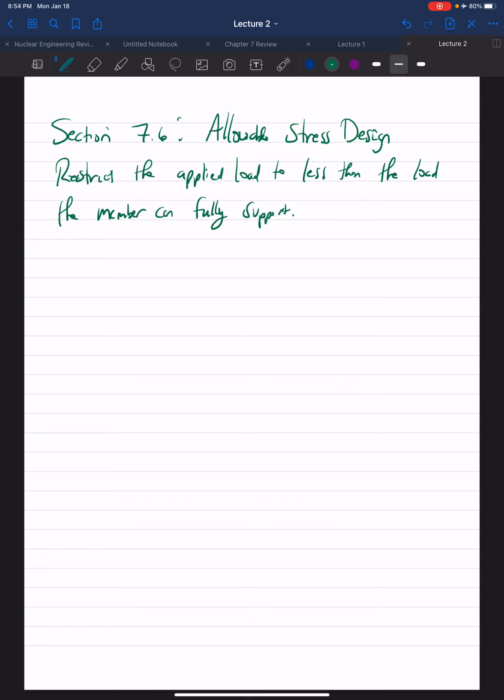And there are many reasons for doing this. You have unknown vibrations that can occur but may not be accounted for in the design. Atmospheric corrosion, which causes the material to deteriorate. And there are other possibilities. So one method of specifying the allowable load